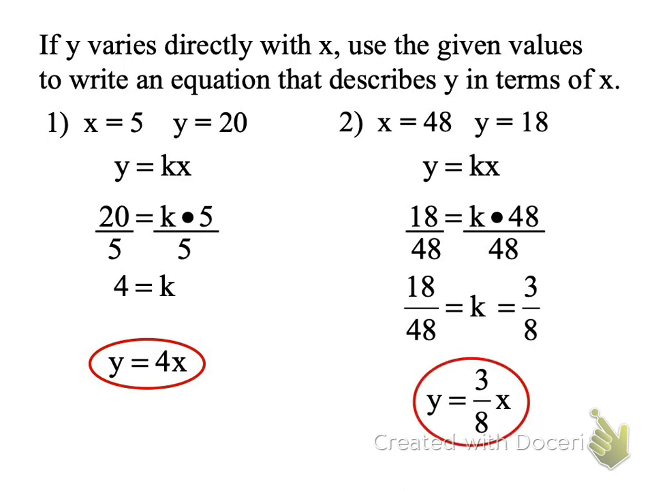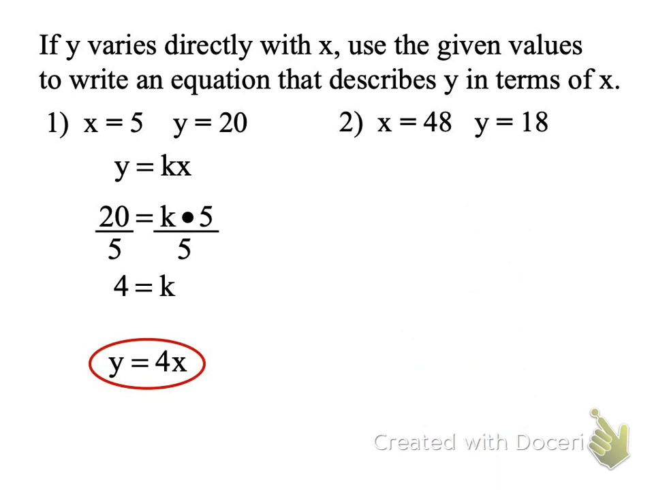Okay, so very quickly, notice here it says write an equation that describes y in terms of x. That's when you write it like this: y equals 3/8 x. A direct variation equation is written like y equals 3/8 x. Versus,